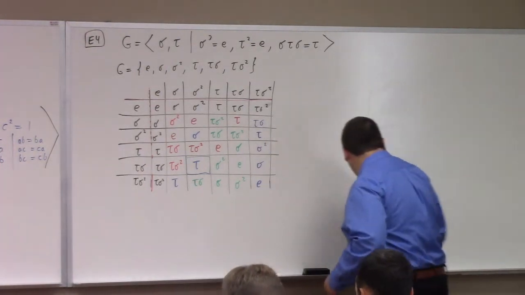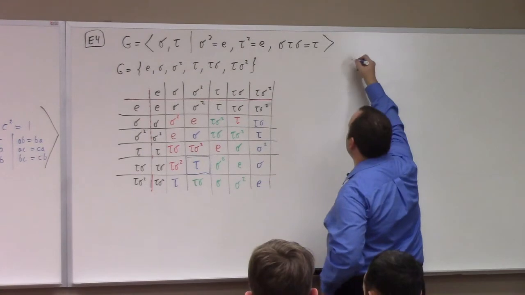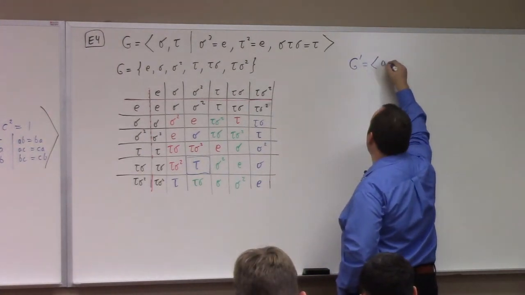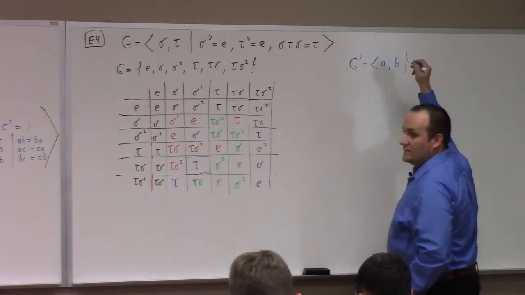So, check this out. If I look at, let's say, G prime equal to, say, A comma B, such that,